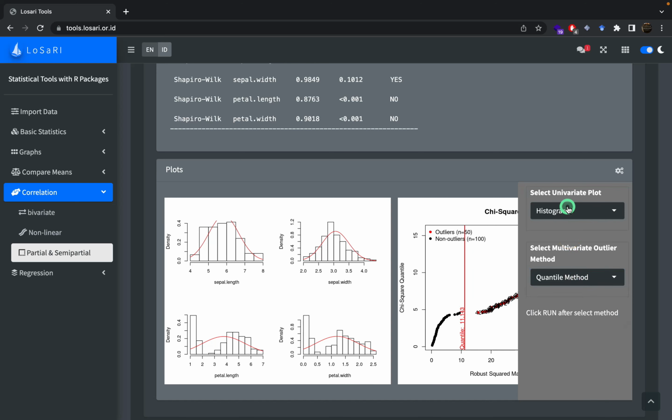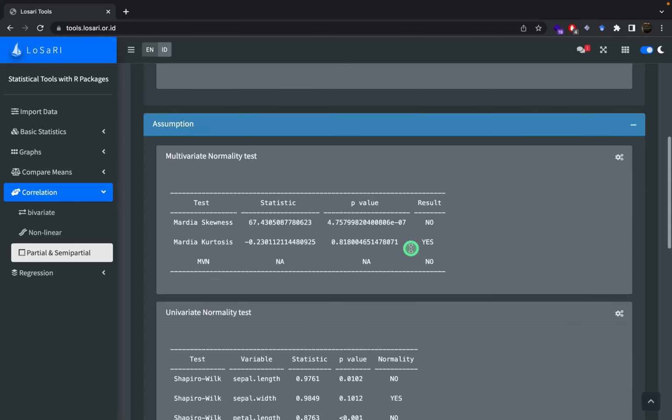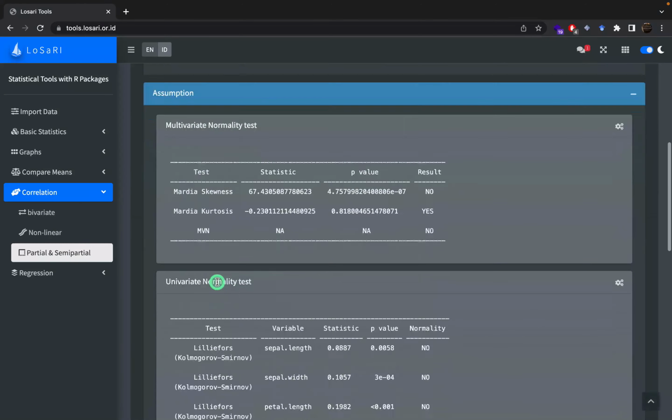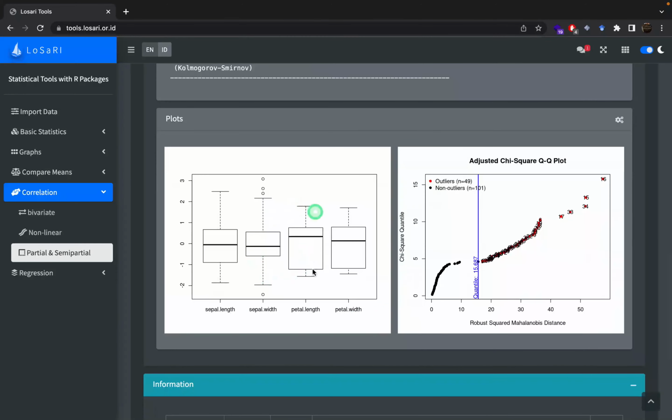For example, I choose box plot in the select univariate plot section and adjusted quantile method in the outlier method section. After that, click Run. Then the graph changes to something like this.